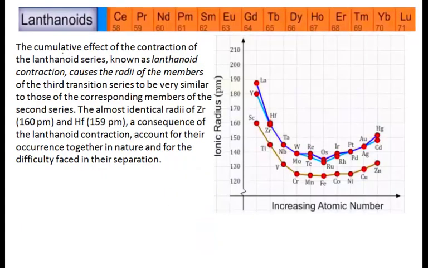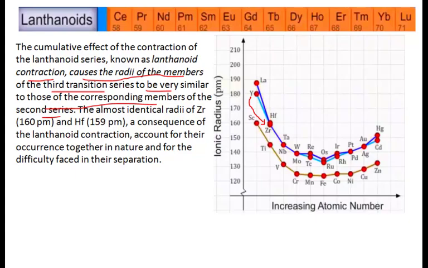This cumulative effect of the contraction of the lanthanoid series, which is known as lanthanoid contraction, causes the radii of the members of the third transition series to be very similar to those of the members of the second transition series. As you can see in the figure, hafnium and zirconium: zirconium belongs to the second transition series, whereas hafnium belongs to the third transition series. But can you see the difference: from yttrium to zirconium there is addition of 1 electron and size decreases. It has almost